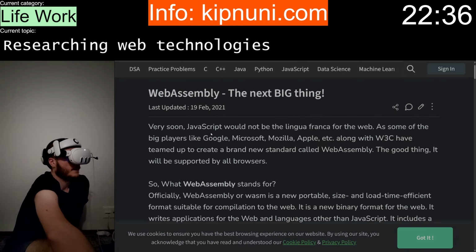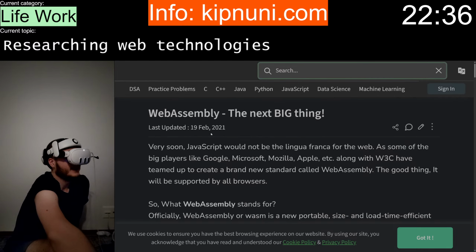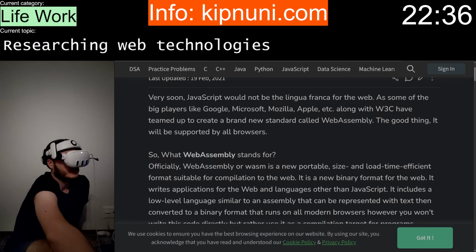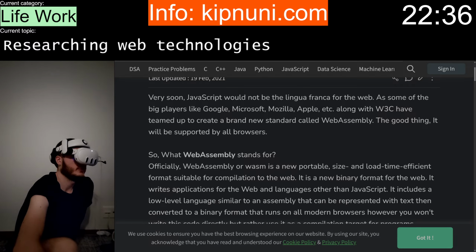WebAssembly. 2021. Very soon. Standard called WebAssembly. Good thing it will be supported by all browsers.